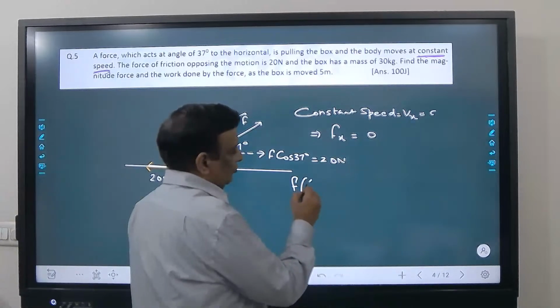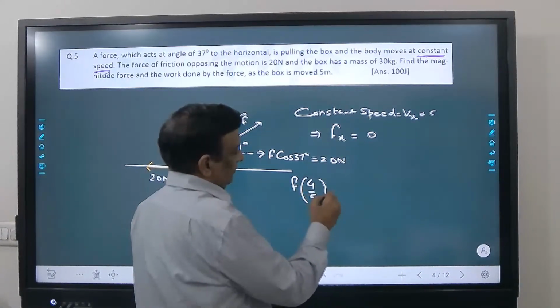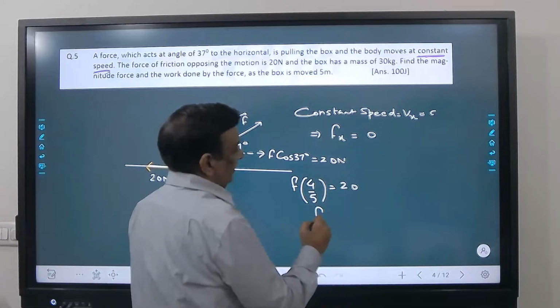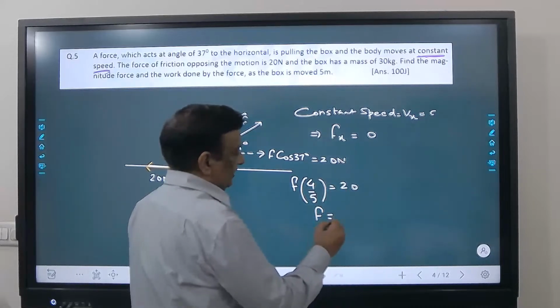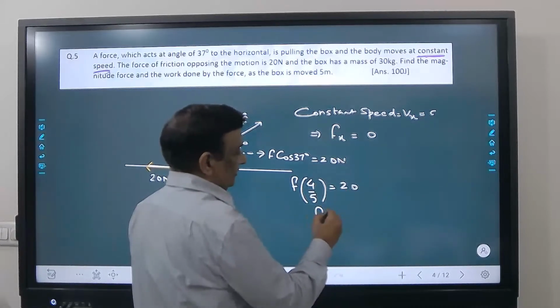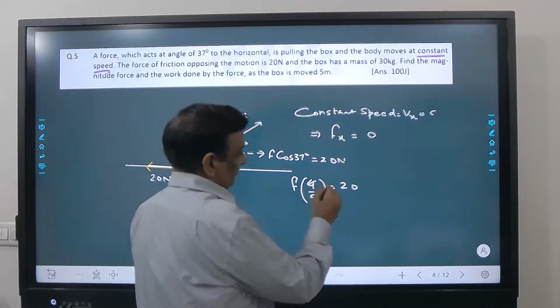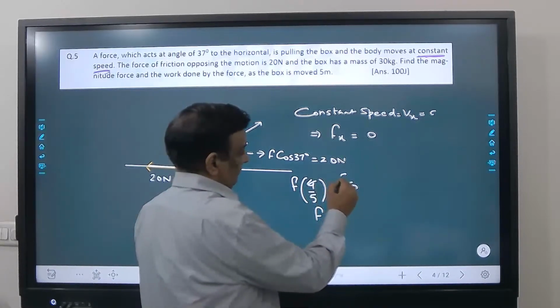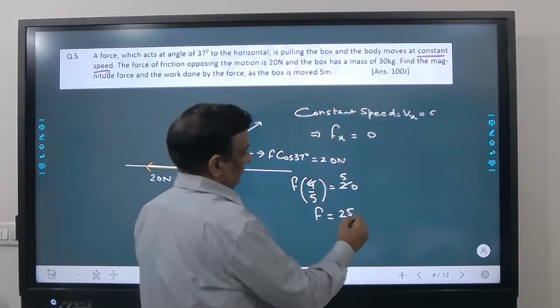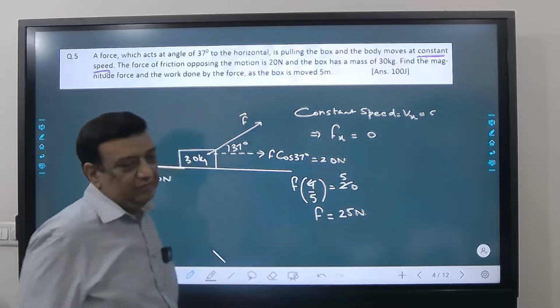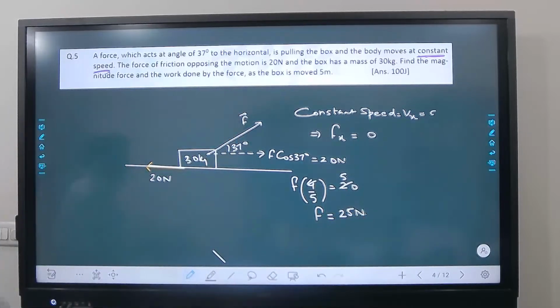Cos 37 is 4 by 5. एक तो यही बताना था कि फोर्स कितनी एक्ट कर रही है, so it is